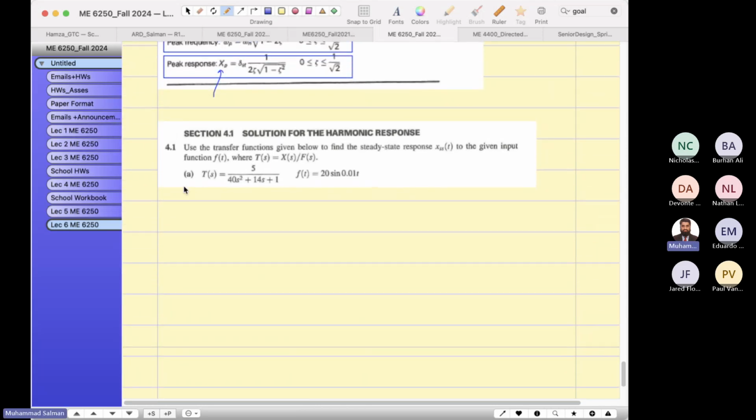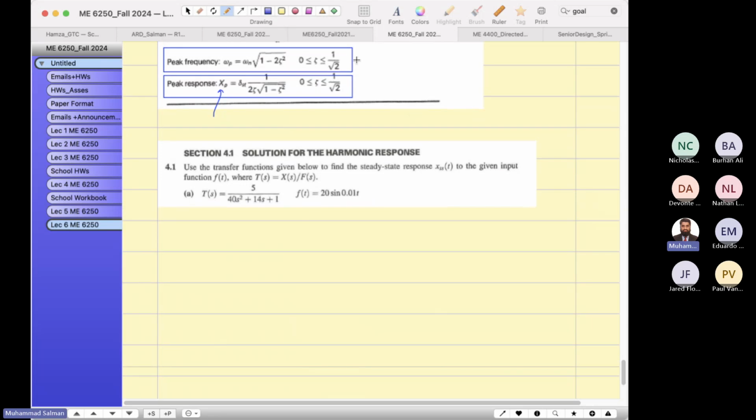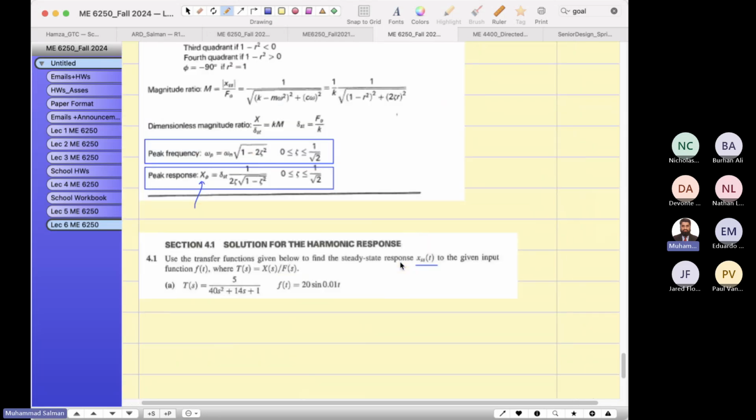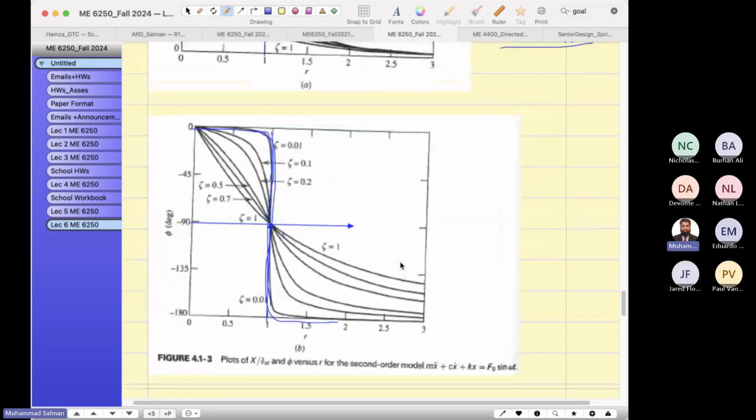Please note it down. The question is: use the transfer function to find the steady state response given the function. So if I go back to the formula,